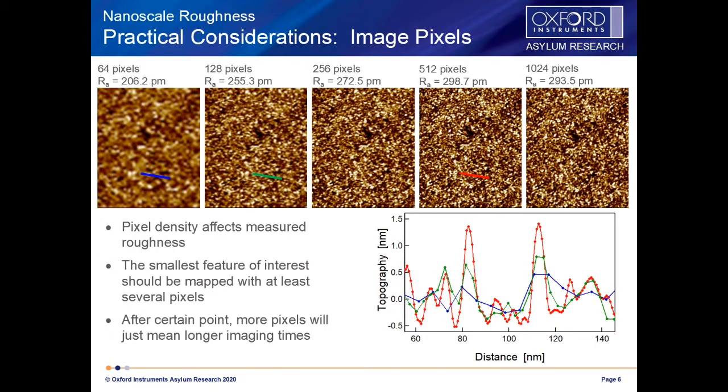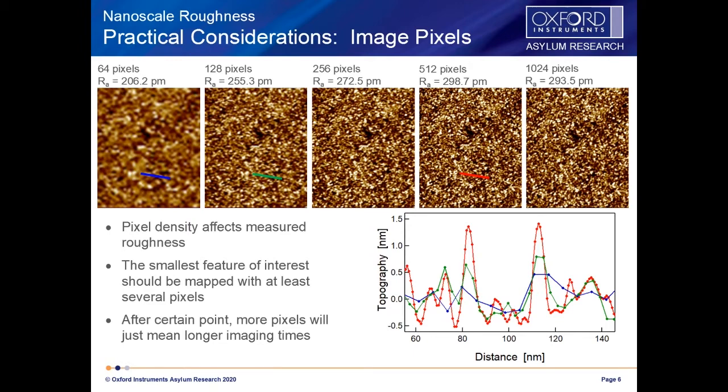The other thing to keep in mind is that AFM measurements involve measuring a certain number of pixels in your image. So we count the pixels from left to right, and we count the number of lines from top to bottom. Frequently we would refer to an AFM image as, say, 512 by 512 or 256 by 256. What that means is how many points I save along a line and how many lines I save in the image. So if you take a look at the series of images from left to right, this is